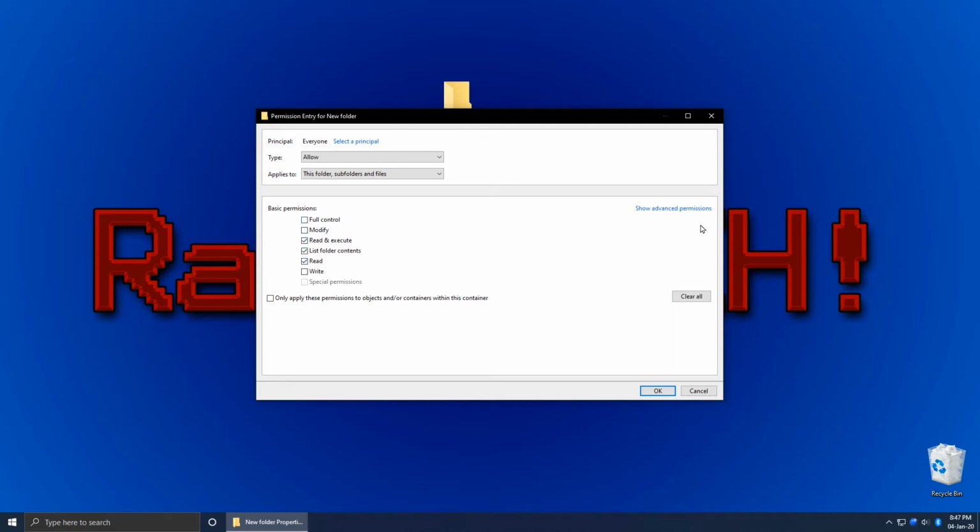So I want read, and I'm going to go advanced, because if you don't go advanced, you'll miss delete subfolders and files, which could potentially be important for you. It doesn't really matter for me for this. It's just a test, so I'm just going to go full control. You may not want to do that, because that does give people access to take ownership and change permissions,